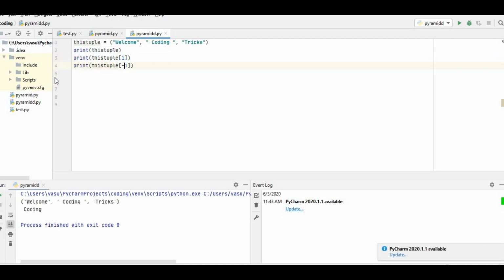See the difference between 1 and -1. For 1 I got coding, and for -1 I got tricks, because from the right side, the last side, you get negative indexing. From the front side, you get positive indexing.